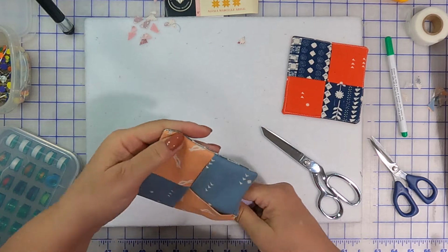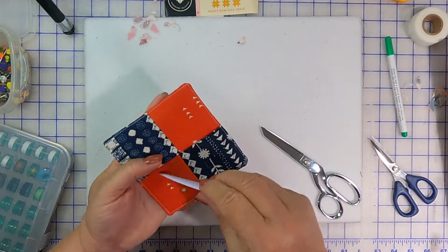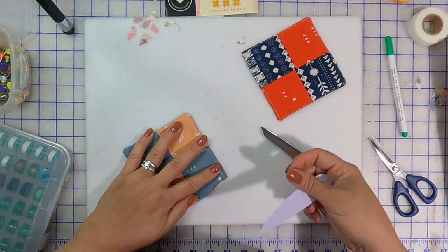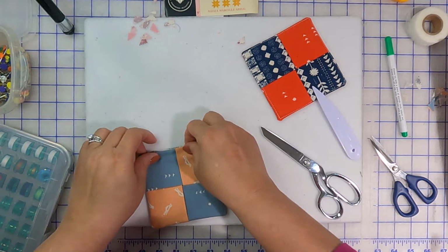You still have a lot of bulk, so you're not going to do the point, but you can give it the illusion of a point with your stitch. See how I went around and I just went straight when I got to those corners instead of following a curve. So now here's our opening, okay, and we're going to just top stitch it in a minute, but